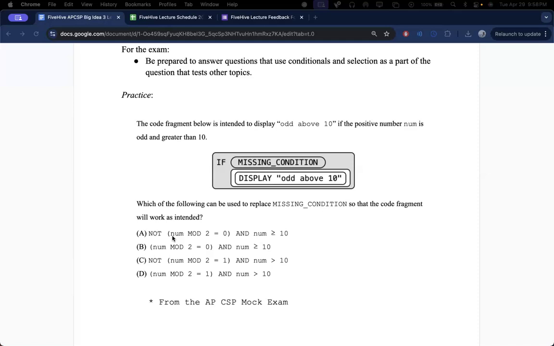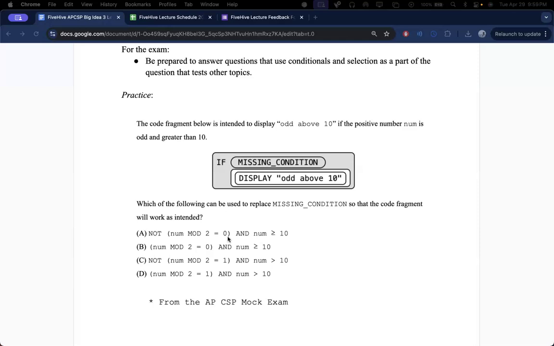So not makes it odd. Yeah, absolutely, right? So if num mod two equals zero, so fake kicker, you'll see that you're actually the right one. But let's see. So num mod two equals zero, right? So you're absolutely right to think that